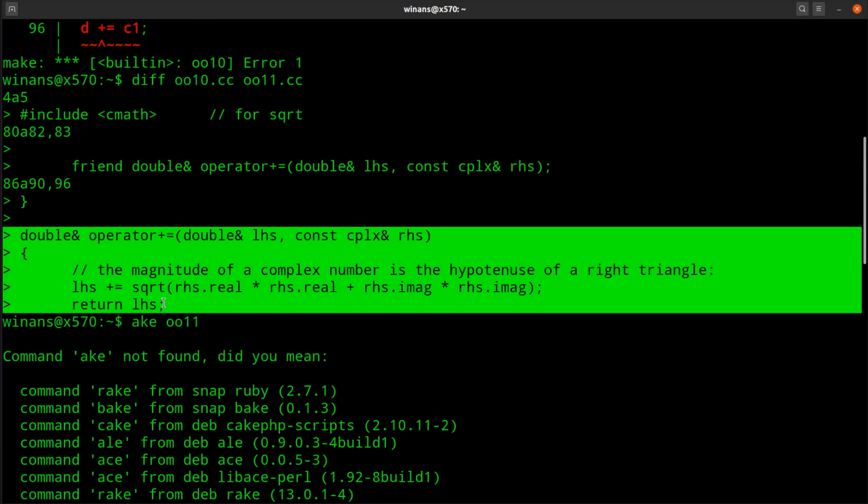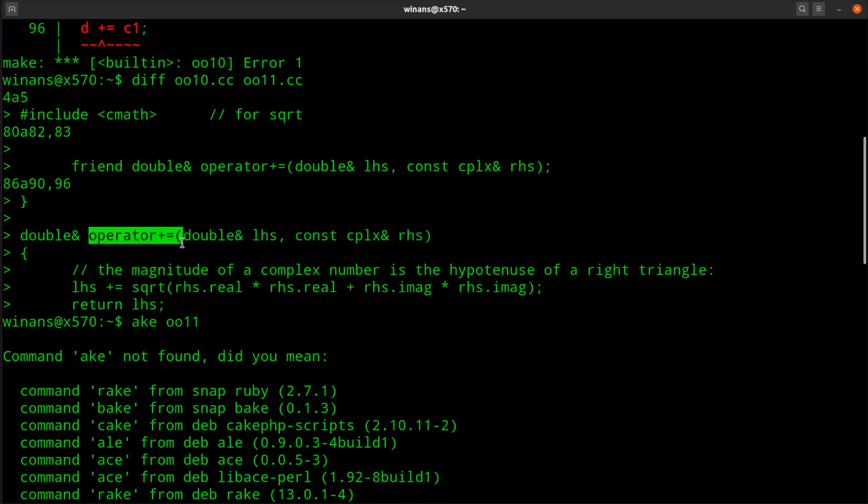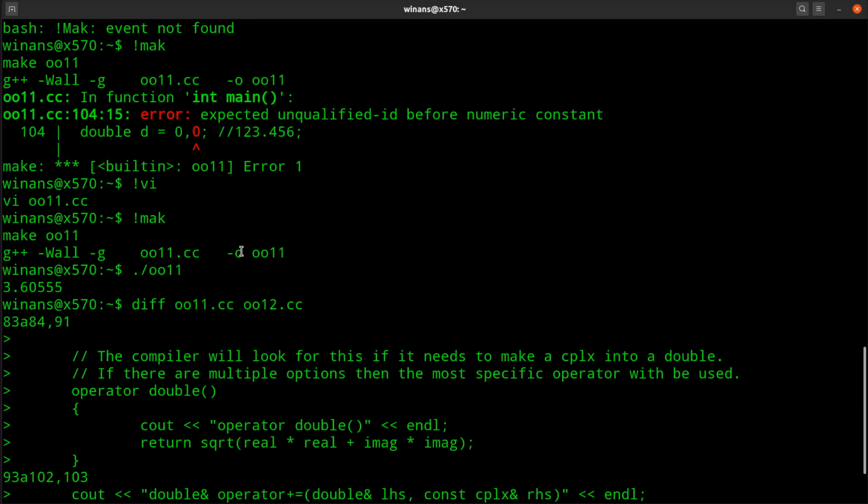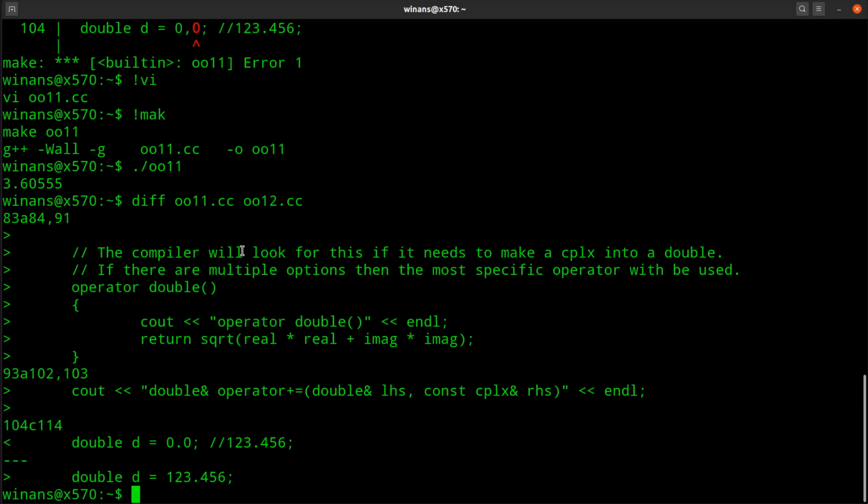In number 11 we added this right here, which does the hypotenuse calculations. Okay, no big deal. You essentially define the operator plus equals and all the data types pretty much the same way you did the insertion operator, right? When you have an O stream and you return the O stream reference and so on. Okay, now in the conversion operator,